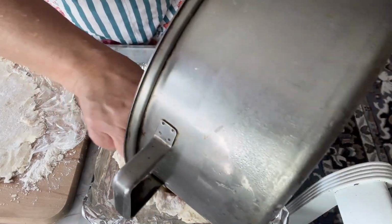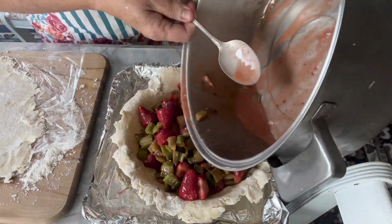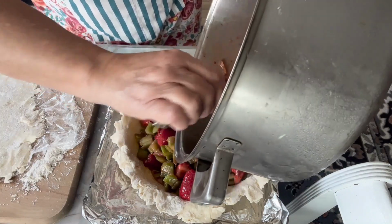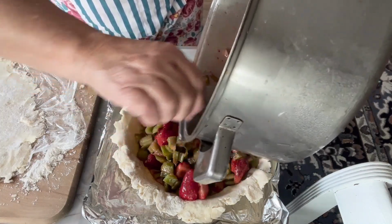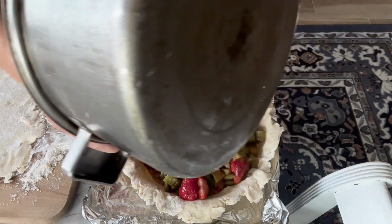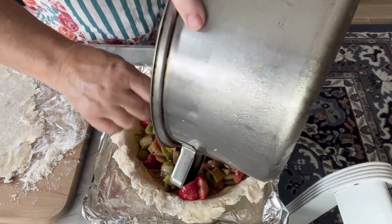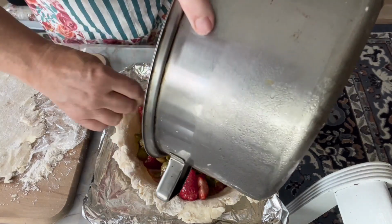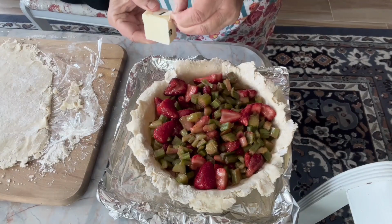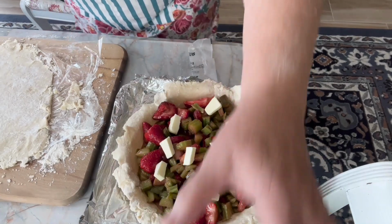Now you're gonna have liquid from the pie. You want to get as much of that as you can because it's got the cornstarch mixed into it, and it also has a lot of those flavorings that we put in. So we're going to pour that right over the top. I try to get every drop. All right. Before I do that, I want to put a little bit of butter right along the top of my pie. So we're going to take our